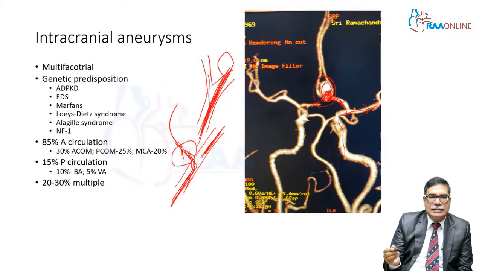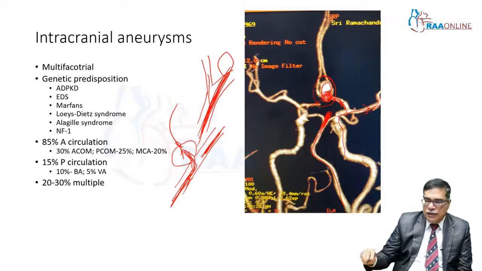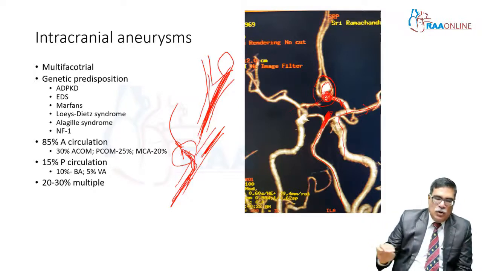In 15% of cases, posterior circulation aneurysm forms, and that is commonest in the basilar artery. As you can see, the vertebral arteries become the basilar. This basilar artery, especially at the top, where do you think this aneurysm will form? It will form here at the basilar tip, because the two PCAs form like this. The blood flow goes straight like this and keeps hitting this wall. So, there is a basilar tip aneurysm that can form, which is the commonest location of basilar aneurysm.